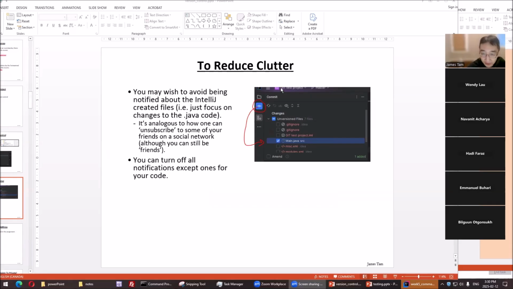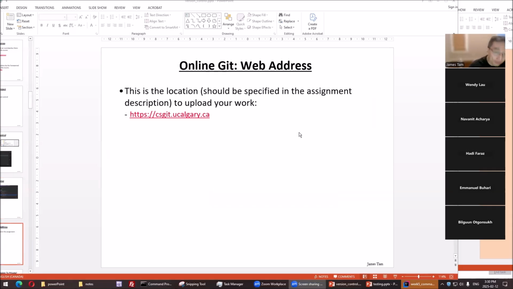And you can turn this off. Here's how you access it. So you've got that, I'm not sure what that icon stands for. And then you just uncheck everything except the ones for the .java, his recommendation. The web access. Okay, what this is doing right now, that he should have explained as he went through Git,